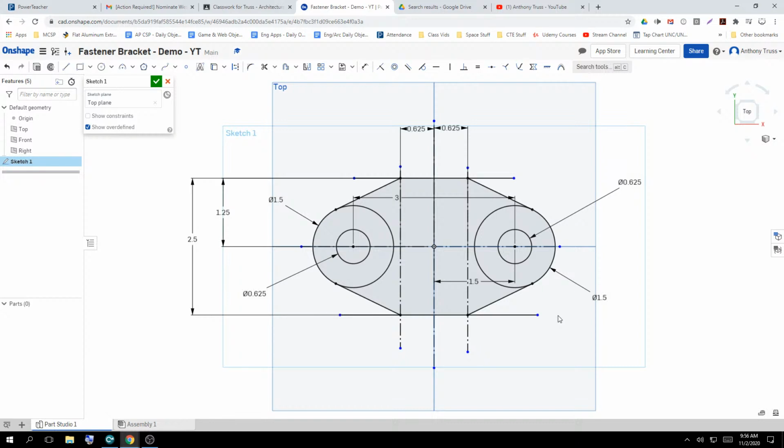All right, so we have pretty much everything we need. We just have to trim. Trim ends with the letter M, and that's the shortcut on the keyboard. So if you press M, or if you click right here, at the intersection, Onshape will delete things. So if I put my mouse over here,